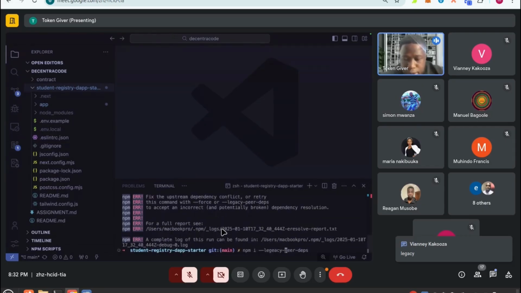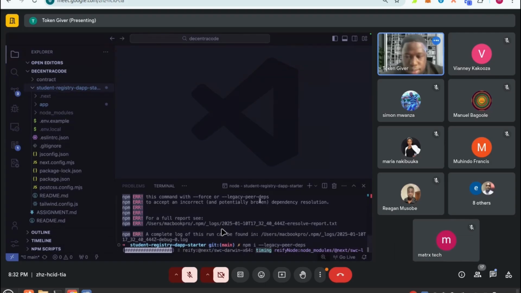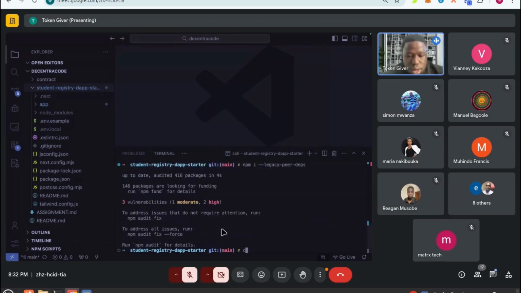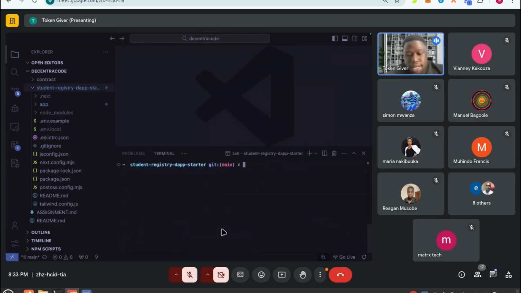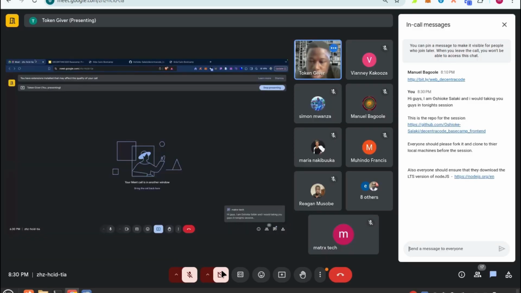Okay, I misspelled legacy. Legacy peer deps. After that, we can see how the application looks by running npm run dev like this. So if you open this in your browser,